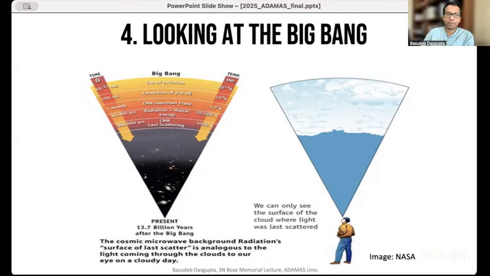So this point of time is called decoupling, and this surface, which is, in any direction that you look, there is this curtain beyond which the universe will appear ionized to us because it's very old in our frame. This curtain is called the last scattering surface.